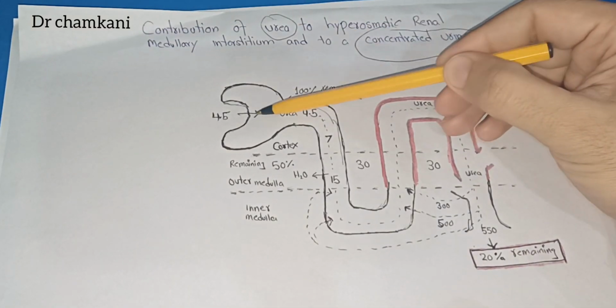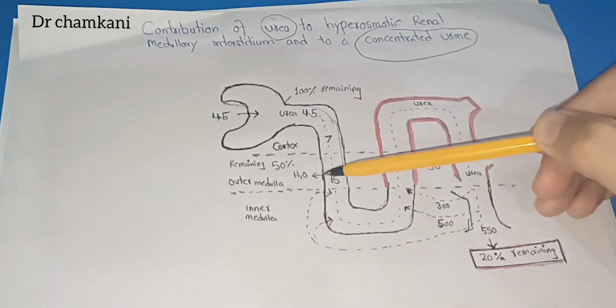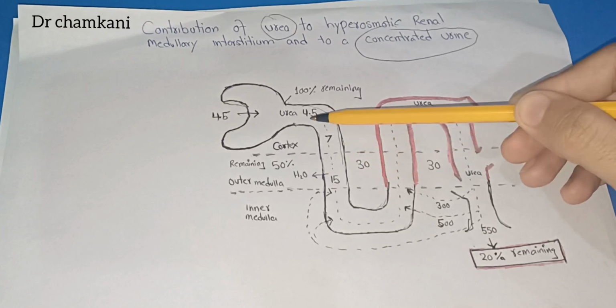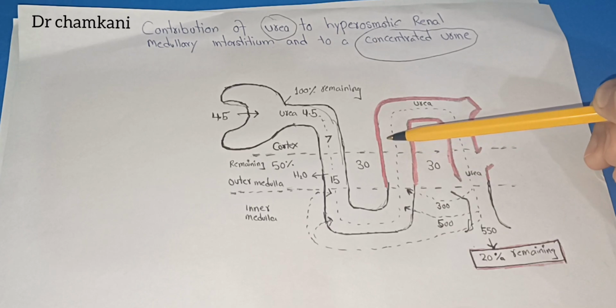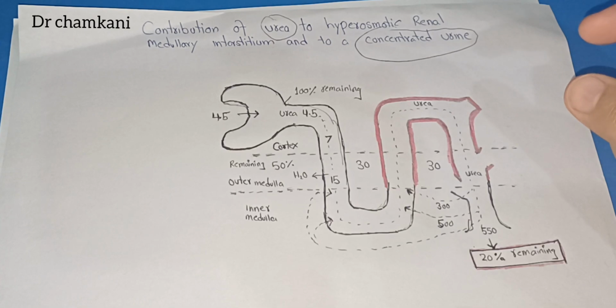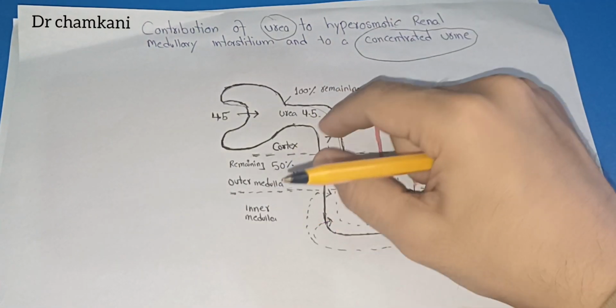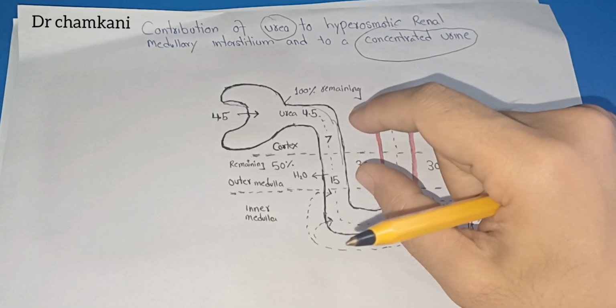As tubular filtration starts, there is a little bit of reabsorption of urea and water in the proximal tubule, and then the fluid starts moving in the descending limb, then the thin ascending limb, the thick ascending limb, the distal tubule, and the cortical and the medullary collecting ducts. How does urea play its role? Initially there is a little bit of reabsorption of urea and water, which will not play much of a role in keeping